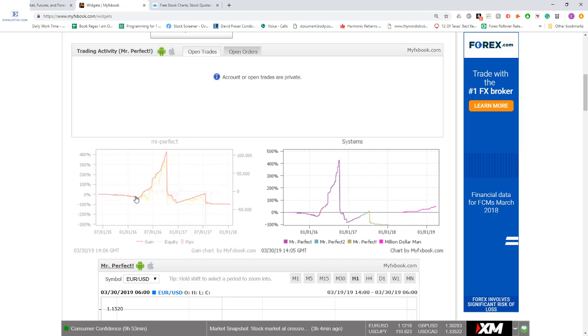And so it started going up, look at that, just killing it. And then that big one right there, I believe, was during Brexit. That night was amazing. That's by far the most money I made in one day. It's over $1,000, and the account size I had at the time was maybe $5,000 or something. It was crazy. But anyways, going up and up and up, got over leveraged, and then finally it broke, and